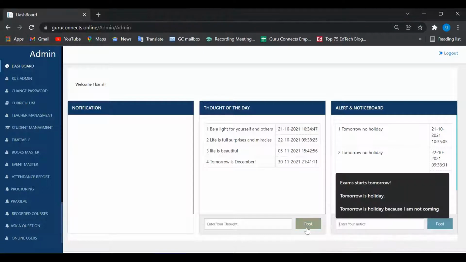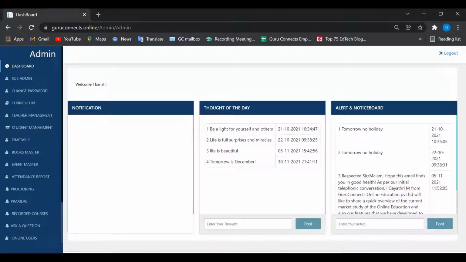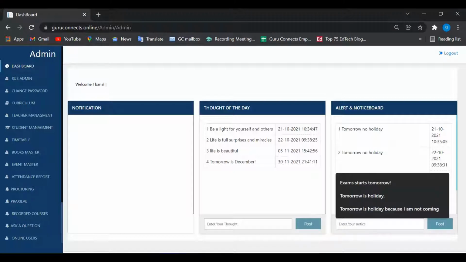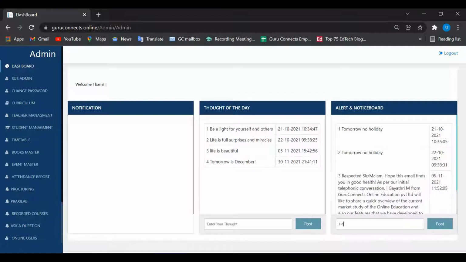So once the thought is posted, it is posted with the date and the time the thought is posted. And we enter a notice saying holidays start from tomorrow, and we just post it.